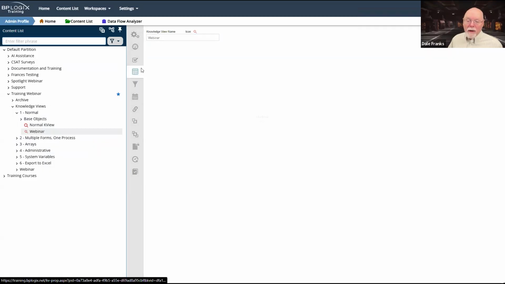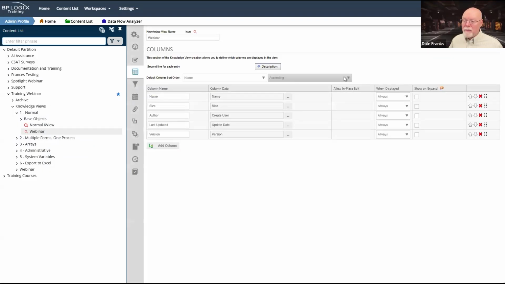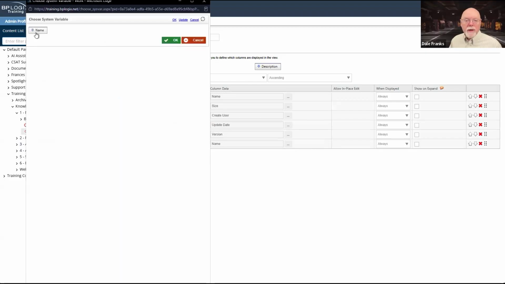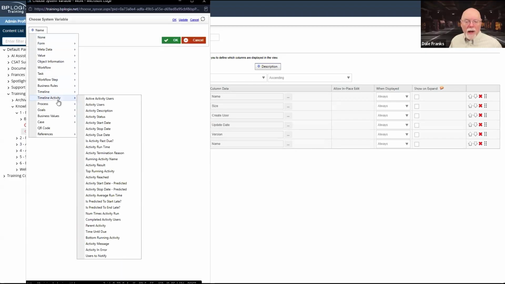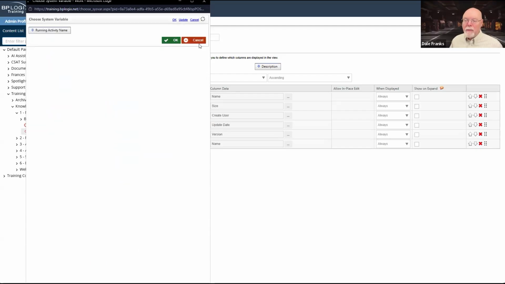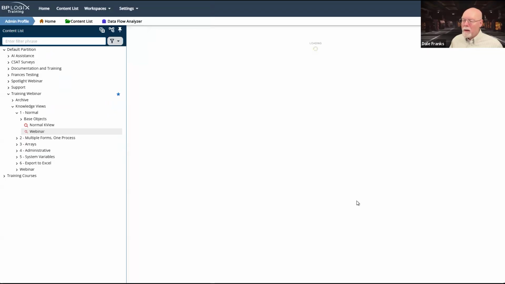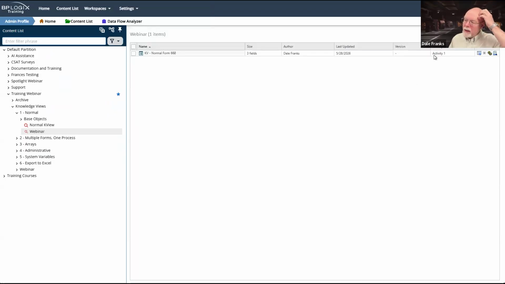or indeed going into the columns, and let's just add a new column here and we'll call it activity, and we will just go to timeline activity, running activity name, and we'll run our knowledge view again, and we are in activity 1 of the process timeline instance.